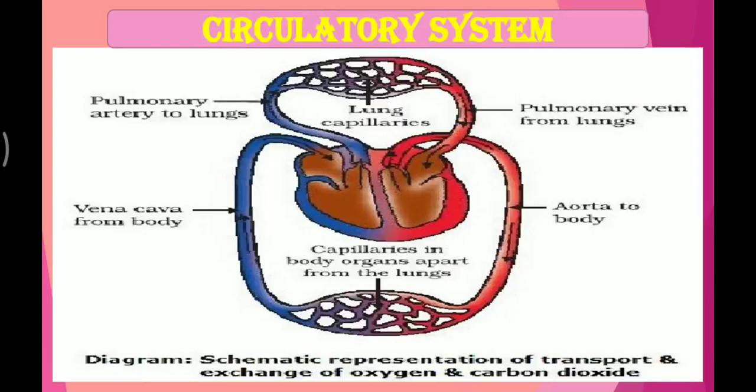Now, the circulatory system is fully depicted here. Heart is there. Here are veins. The red color is arteries. Between them are the capillaries. This is one of the important diagrams, the heart diagram, and you have to practice it very well. I will tell you what all diagrams you have to draw. I will send you in the assignment. You all have to draw those diagrams in your book.